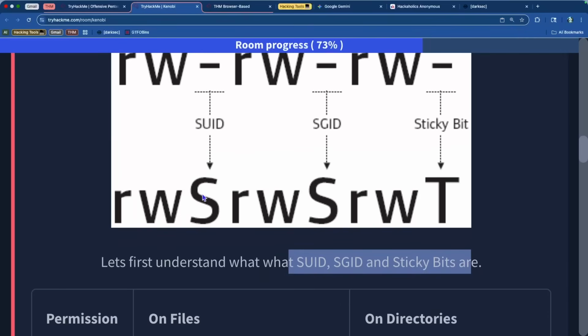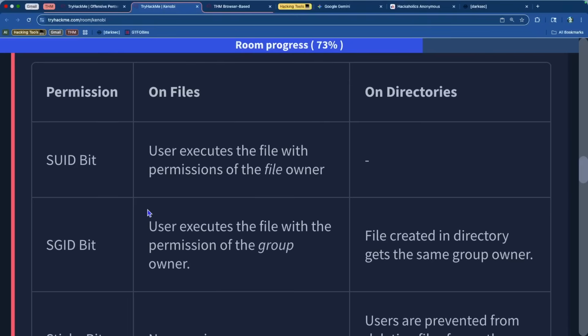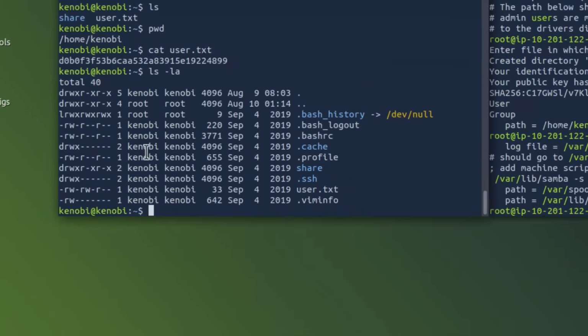So this one, if it's an S, right? In this case, read write S, capital S, read write capital S, read write capital T, these would be considered the SUIDs, SGIDs, or the sticky bits. So an SUID bit on files means the user executes the file with the permissions of the file owner. So let's go look at this now. So we have the